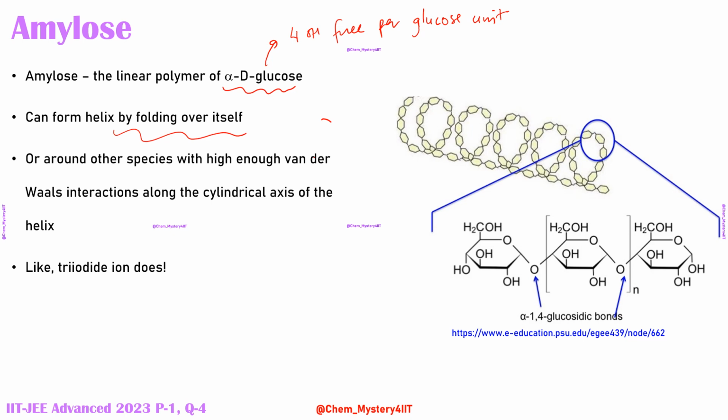And these are what we call 1,4 glycosidic bonds, and the coiling over of these different glucose units can give us a situation where, along the cylindrical axis of this helix, there can be some molecules trapped. Different molecules, depending upon their interactions and their size, can be trapped inside. And this is what we are doing